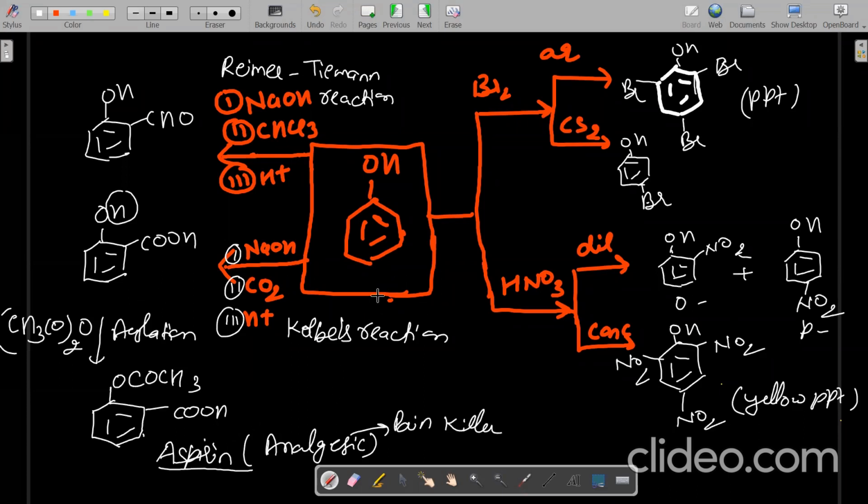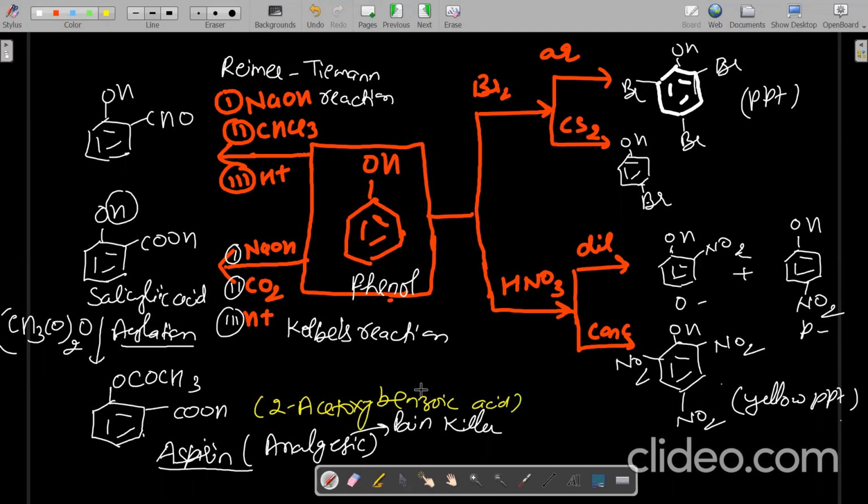In the board exam, the question convert phenol to aspirin also comes. First, phenol is converted into salicylic acid using Kolbe's reaction, and this salicylic acid further undergoes an acylation reaction to form aspirin. What is the IUPAC name of aspirin? It is 2-acetoxybenzoic acid.